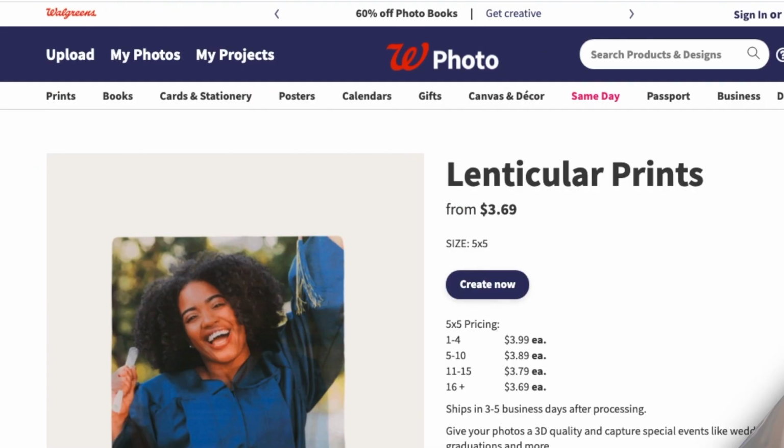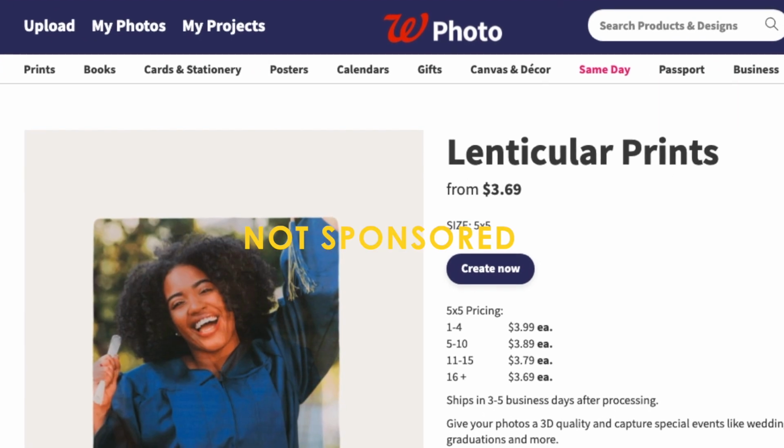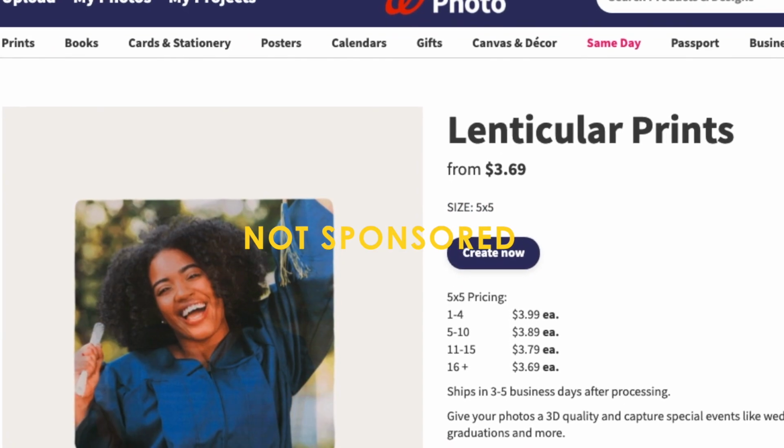Here's one I made for my friend Chris, so it looks like a little Polaroid photo, and it changes between his long beard and his shaved beard. The reason I wanted to share these is because I don't want Walgreens to stop making them. Even though there are a lot of places you can get these lenticular photos, a 5x5 seemed to be really